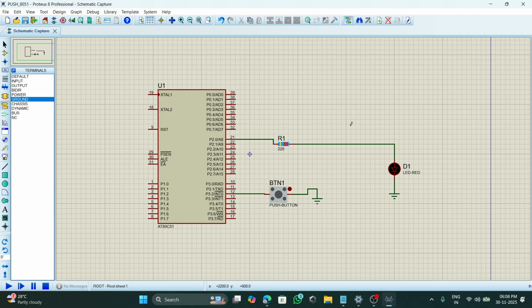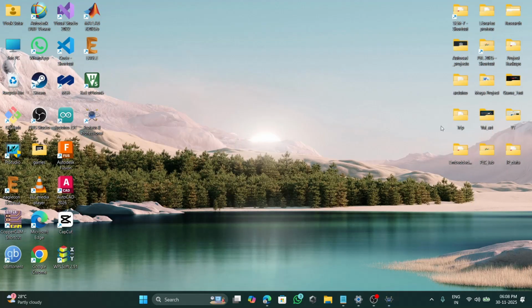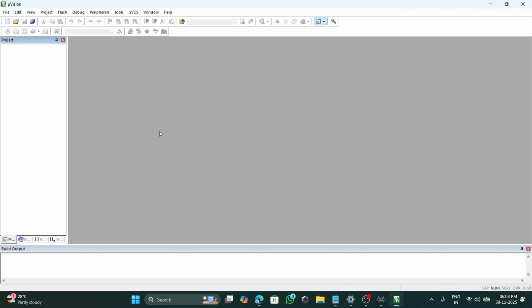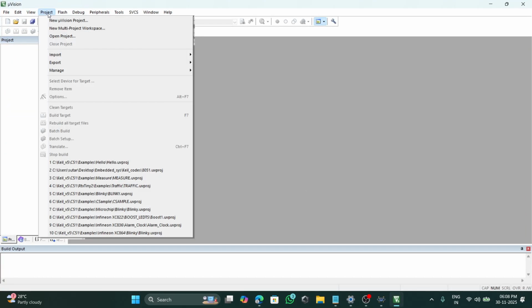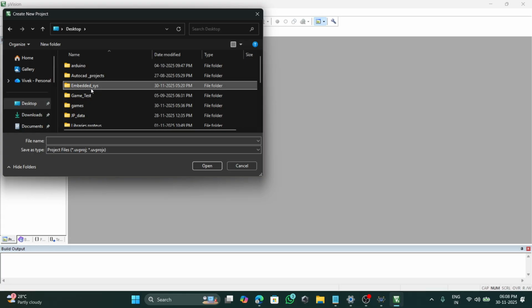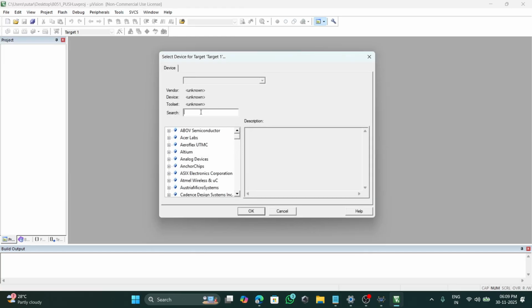Now let's minimize it and write the code for our simulation. So open Keil Vision 5 software and then click on project and new vision project. So select the folder and type the name and click on save. Now here search for RD2